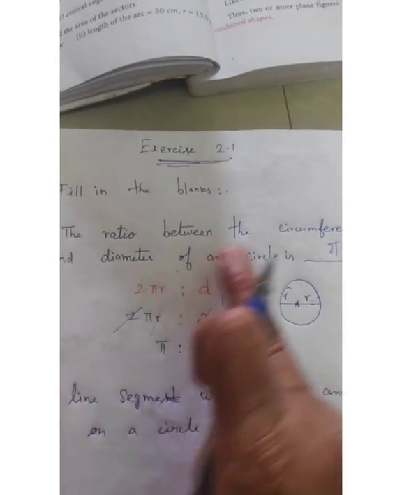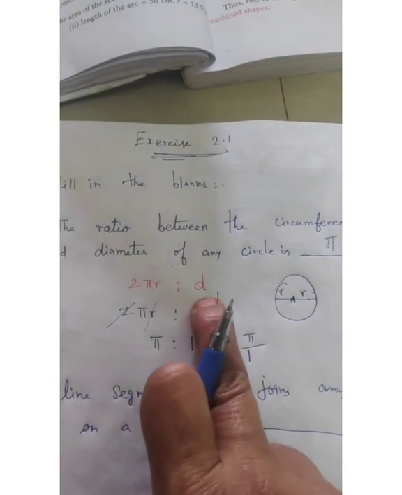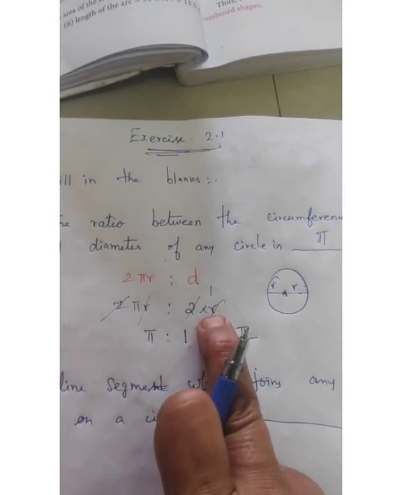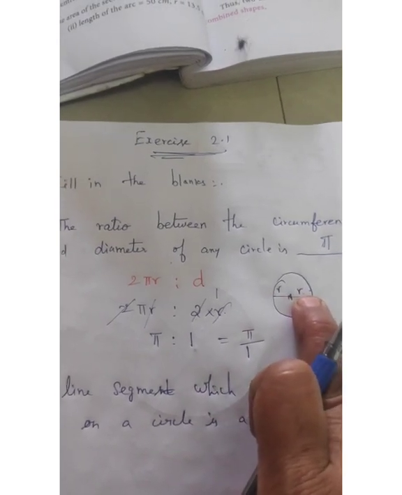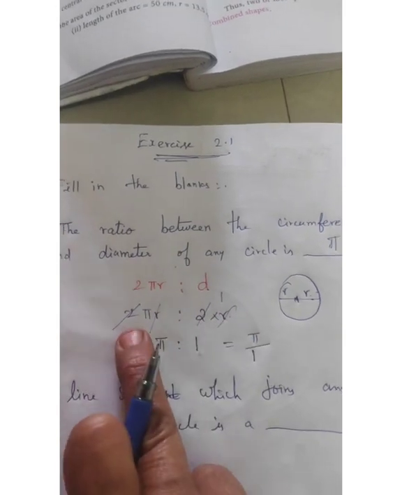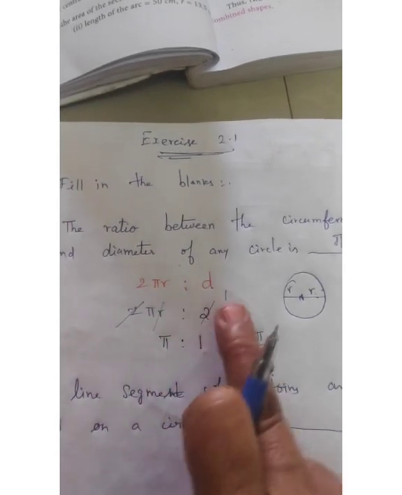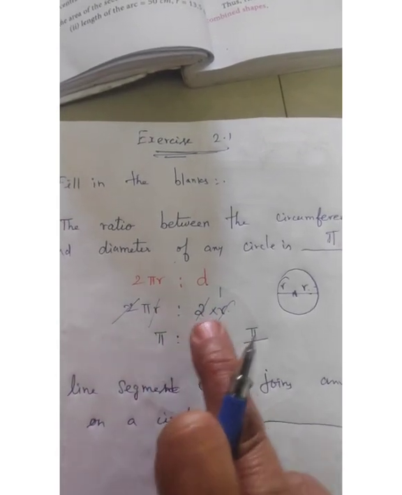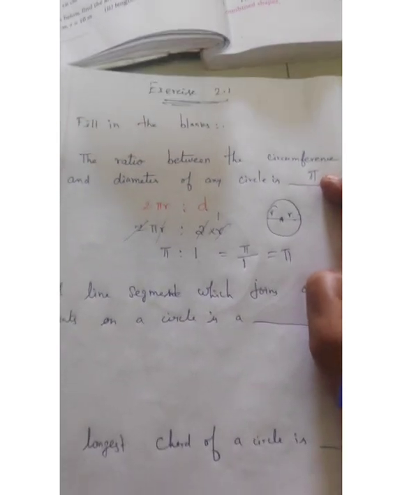How do we get the answer? Circumference formula is 2 pi r. Diameter D equals 2 into R is the formula. 2 radius joined, you get the diameter. So D equals 2 into R. 1 2 is to 1 2 is to, strike out. Next pi r, strike out. Remaining here, the balance is pi. There is 1. So pi by 1 in fraction form. Pi by 1 equals pi is the answer. So the answer to the fill in the blank is pi.